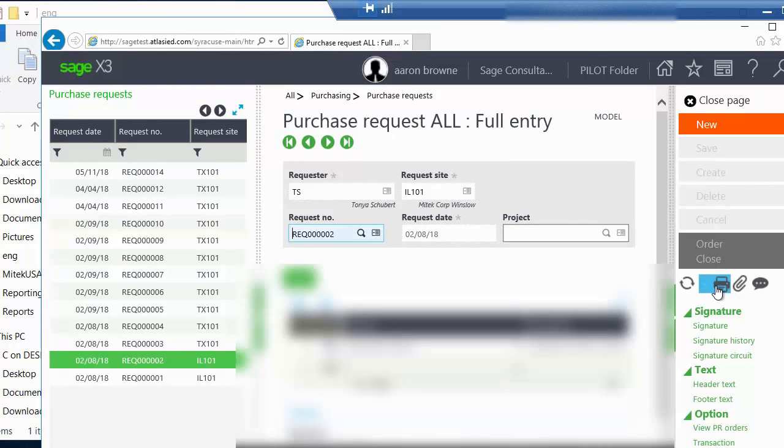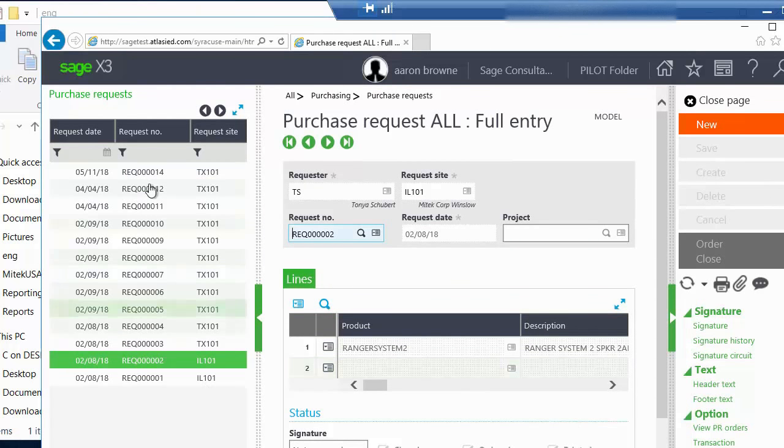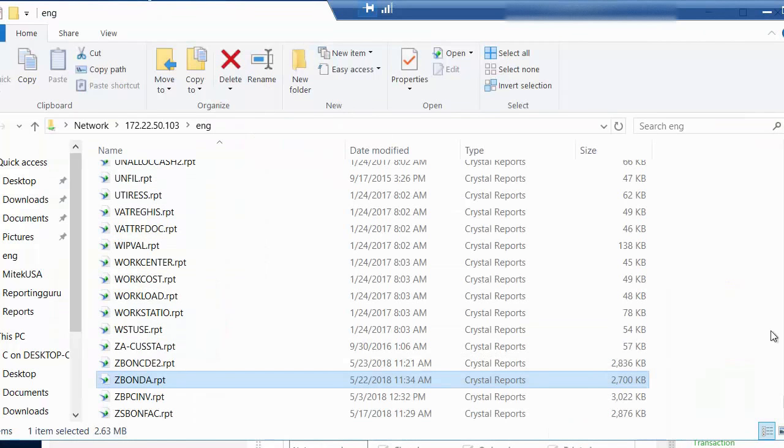And then I'm just going to print the record so I can see which files. Okay, so BONDA is the purchase request note, so I'm going to use that. I've already got my report item in for my custom report, so I'll show you what I'm going to do next. So I'll cancel that, and then I'm going to go and navigate to